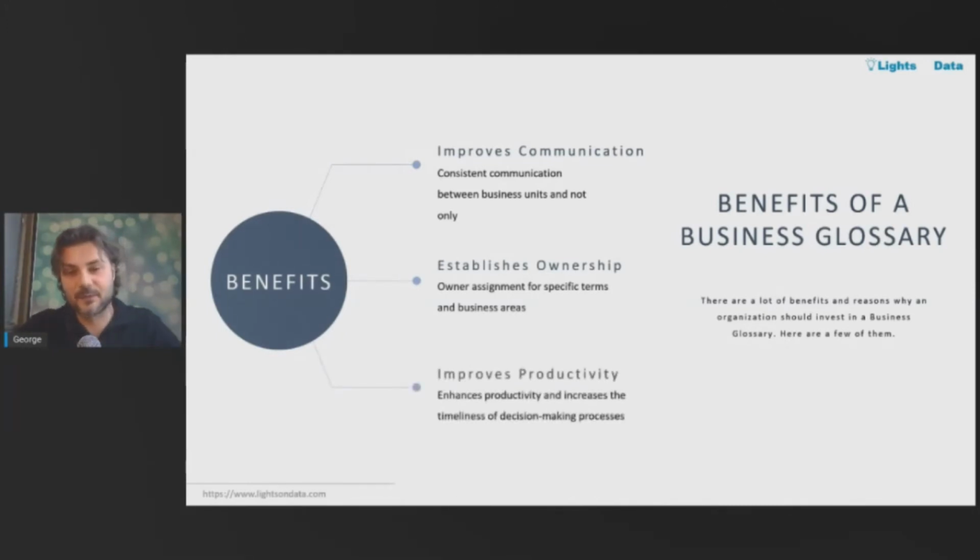And it also improves productivity, as well as the timeliness of the decision-making process. Now, you would definitely have faster development of dashboards and reports. Not necessarily written reports, but reports that are based on data. So why is that the case? If you've ever worked with a business intelligence team or an IT team that had to develop these dashboards and reports for you, or maybe you are one of the members of that team, you know that there's quite a hefty cycle to create them, because there are so many conversations that need to happen